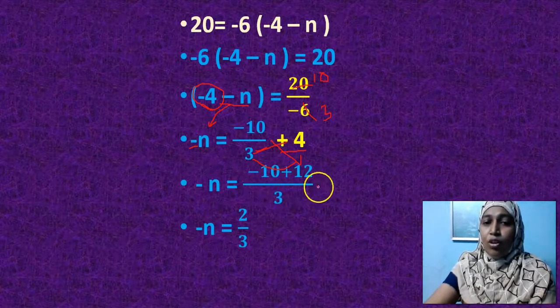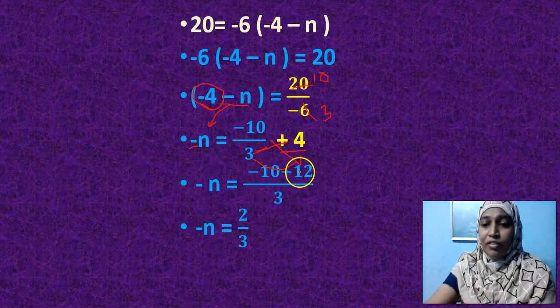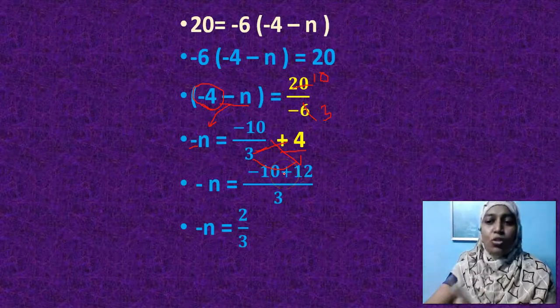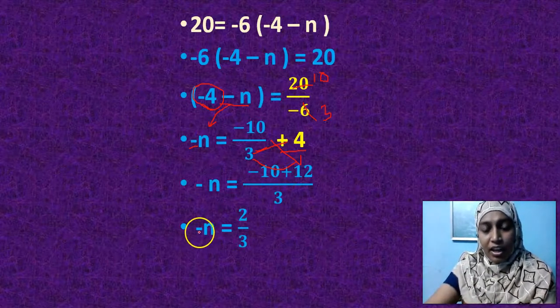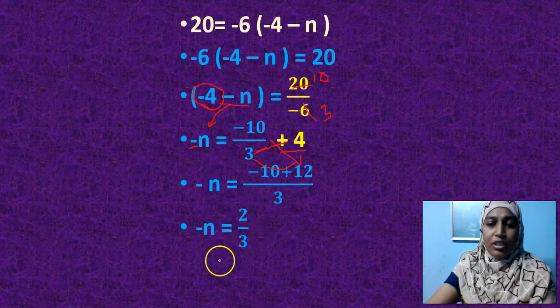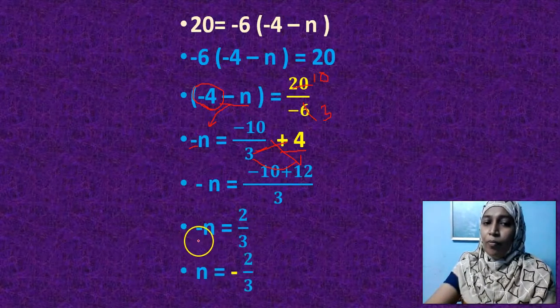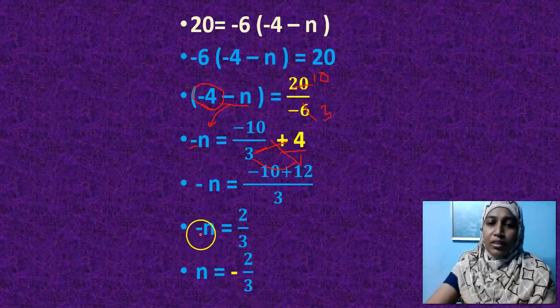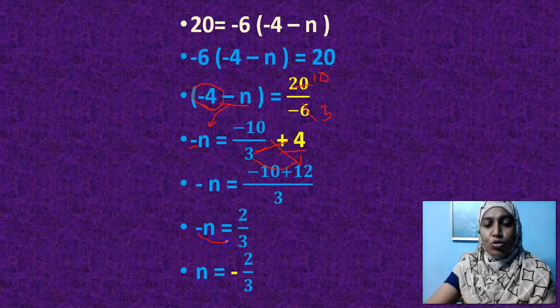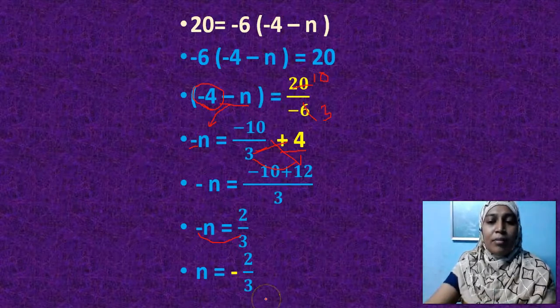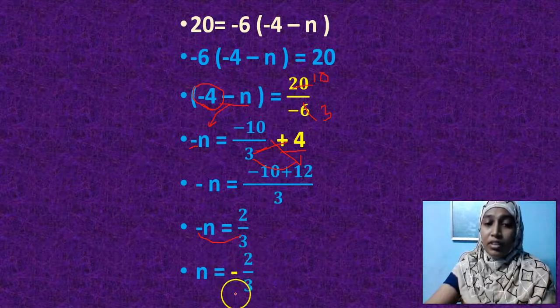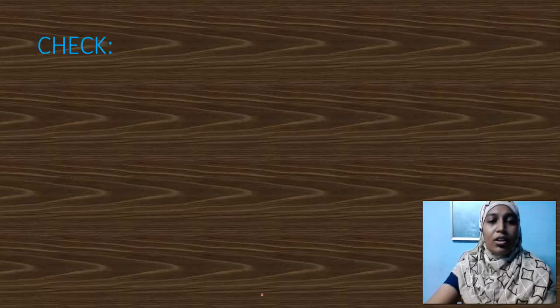So this is a very important concept, my dear children. Same sign, different sign. So get used to it. It should be in your blood. Okay, 2 by 3. And I have negative n is equal to 2 by 3. So what will n be now? Minus 2 by 3. Minus 1 gets transposed to this side, so you will have minus 2 by 3. Is it clear, my dear children? Shall we check whether our answer is right, whether it is a solution or not? Okay, come on.